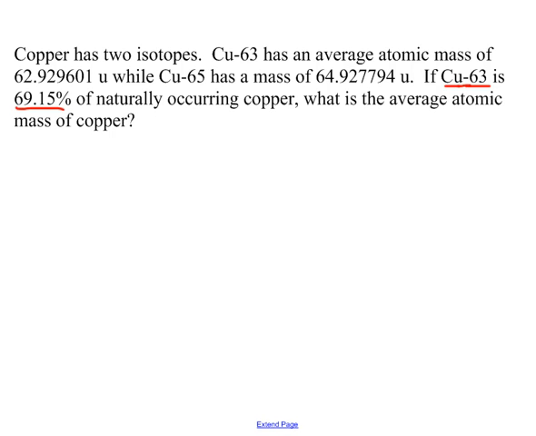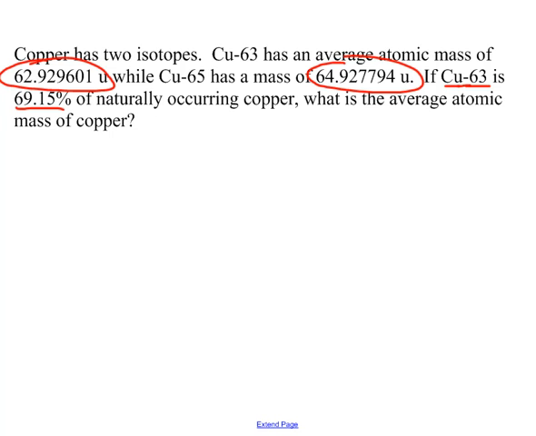Remember, even though they're isotopes and they have a whole number of protons and neutrons, these numbers here are measured relative to carbon-12 being 12 exactly, so they don't have to have an integer number of atomic mass units. Our mass number is 63. Our atomic mass for that isotope is